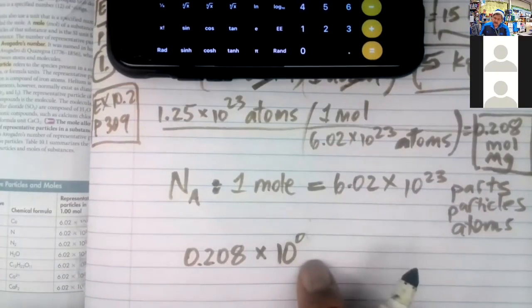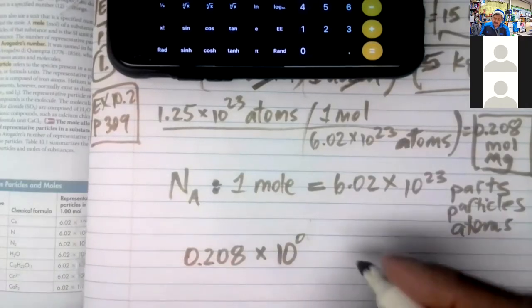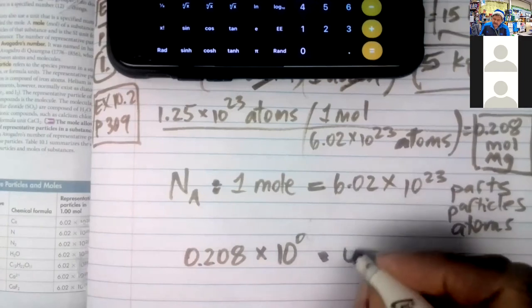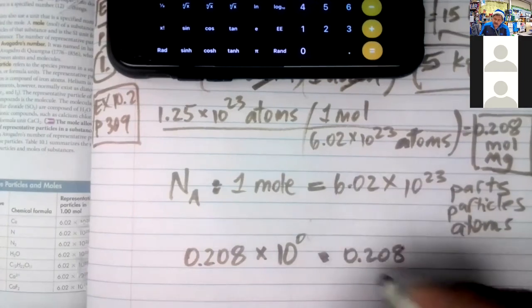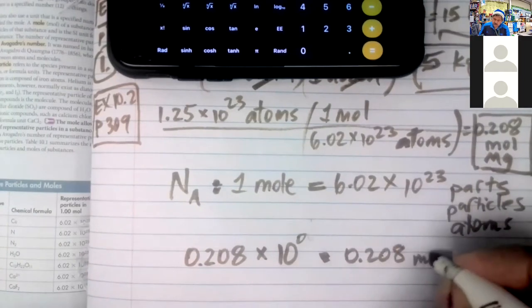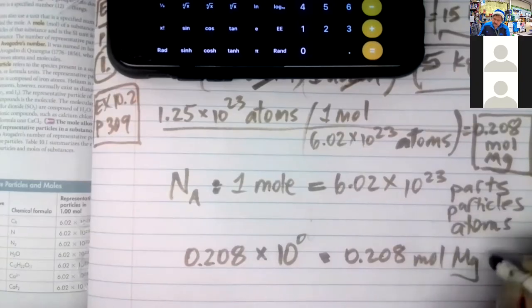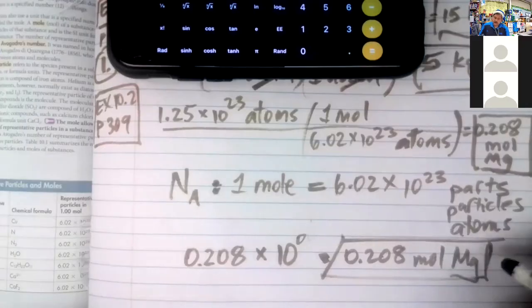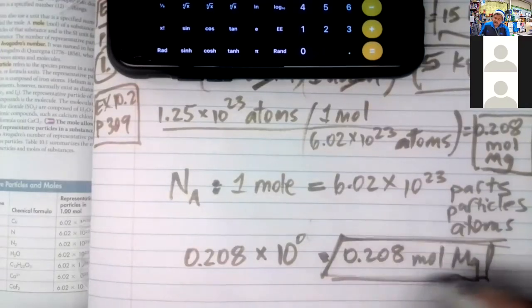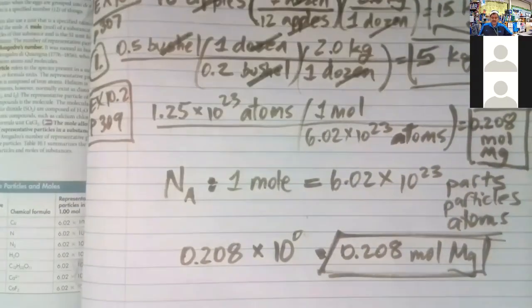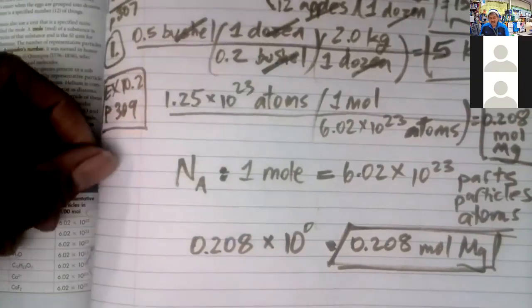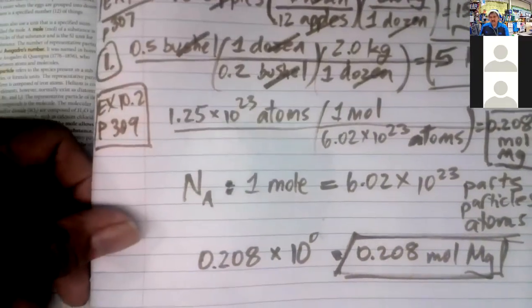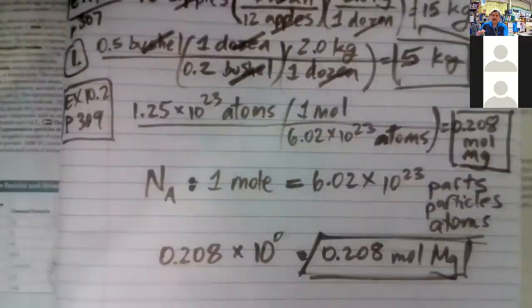10 to the 0 power is 1. 1 times any number is that number. And so your answer again is 0.208 moles of magnesium. So there it is again. Box your answer, show your work. Okay, so now that you have that 10.2 right there, let's go ahead and